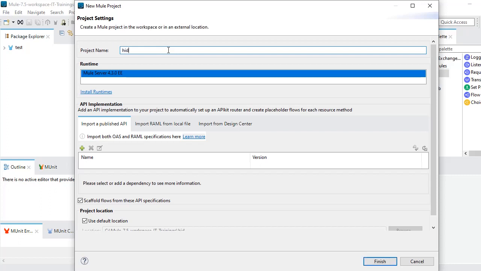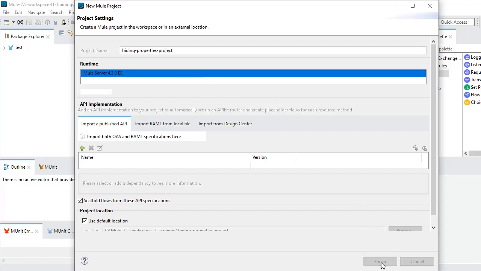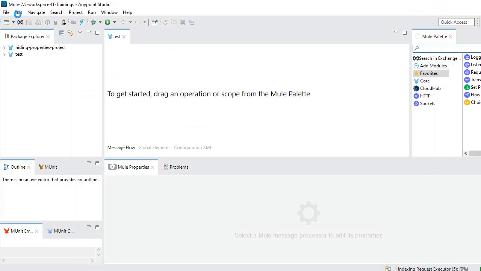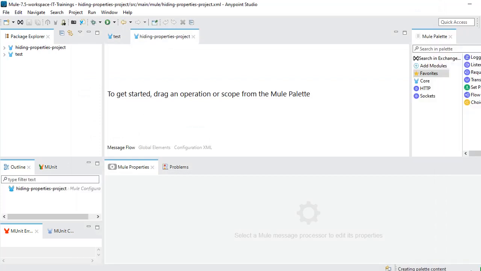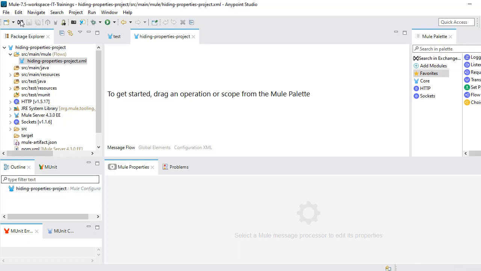Let's name it hiding properties. Hiding properties project. Just click on finish for now. It is getting imported into our Studio.